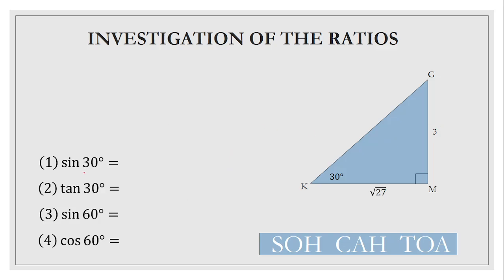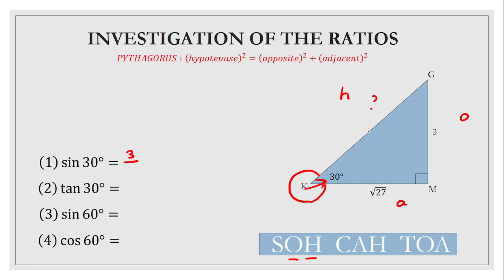Now let's look at sine. Sine of 30. So we are going to be looking from this side, making this our opposite, adjacent, and the hypotenuse. So I know that sine is opposite over hypotenuse. So that's going to be a 3 over, well,